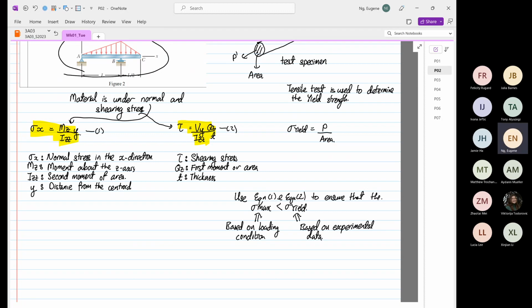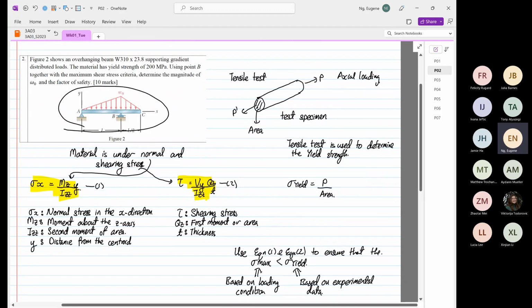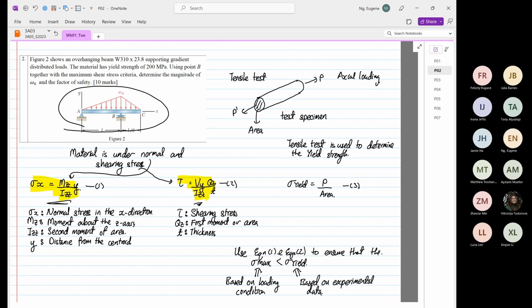One is from experimental data, the other one is from analysis. Both loadings are not the same. When I was a young engineer, I just ignored the shear, and I just compared equation 1 with equation number 3, and that's wrong. You can't do that. You have to know, or you have